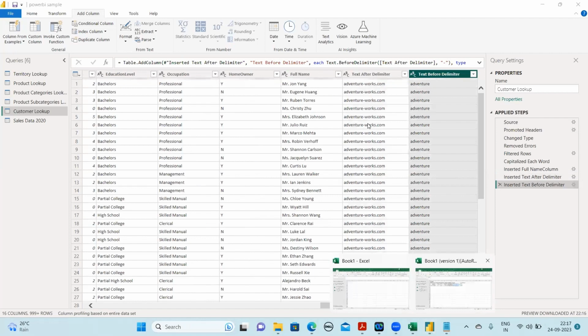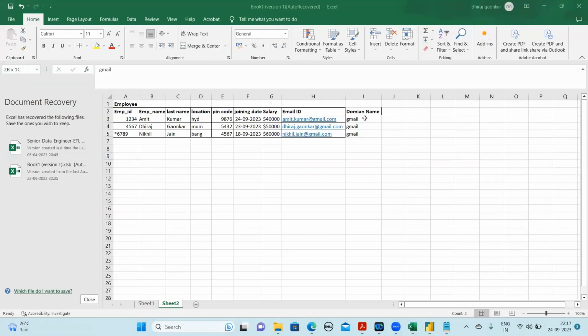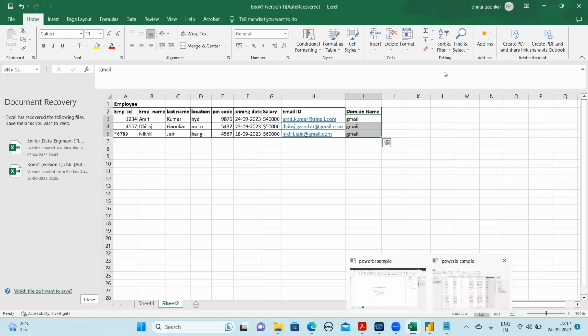I wanted the Gmail as a value, correct? I wanted to know the domain. So you can give your name directly over here, double click it, and you can name it as domain name,